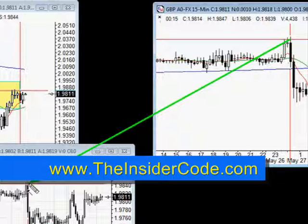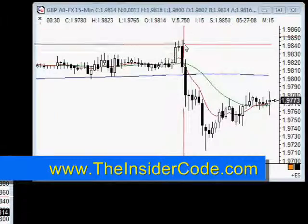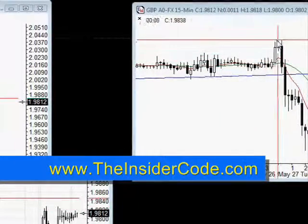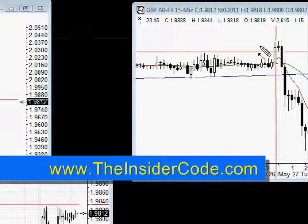So as we focus in here on the hourly, we want to pay attention to the fact that this reversal happened very quickly. So the possibility of getting in on this type of reversal is pretty remote. In other words, you don't want to count on trying to trade